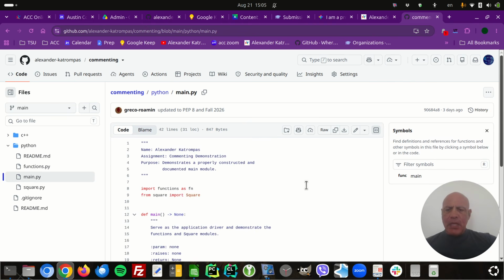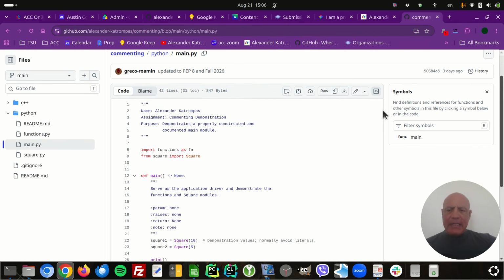things. So if we look at Python main, now Python doesn't have header files, so we don't have to worry about that at all. So just forget about header files. You don't need to worry about it. And Python has docstrings. So what we're going to do in Python is we're going to use the triple quotes to make docstrings. There's going to be a docstring for the file comment header, same rule, exactly the same procedure. Everything I said about it in the C code applies here. You're just going to use different symbols, right?